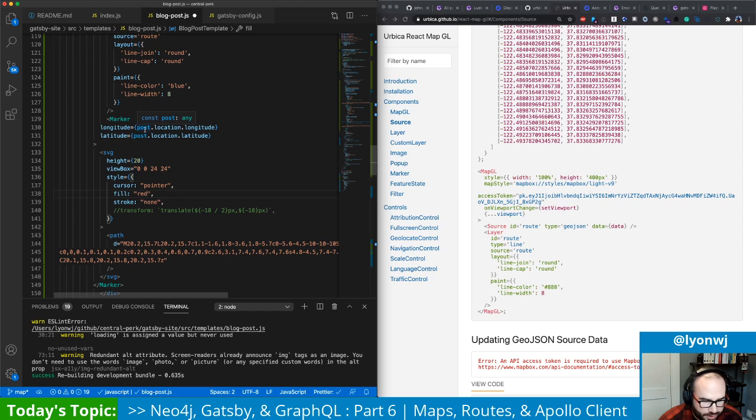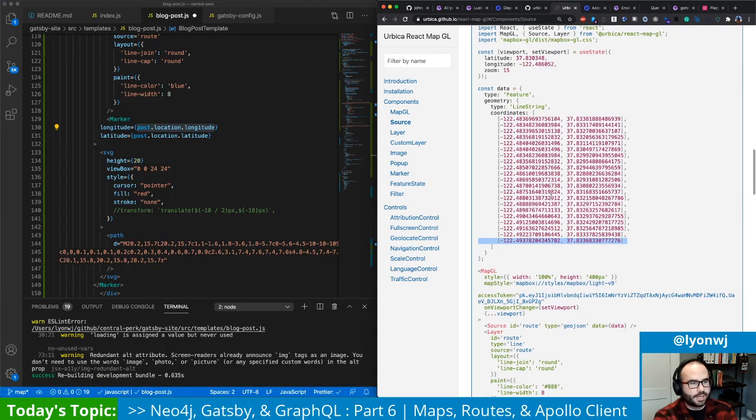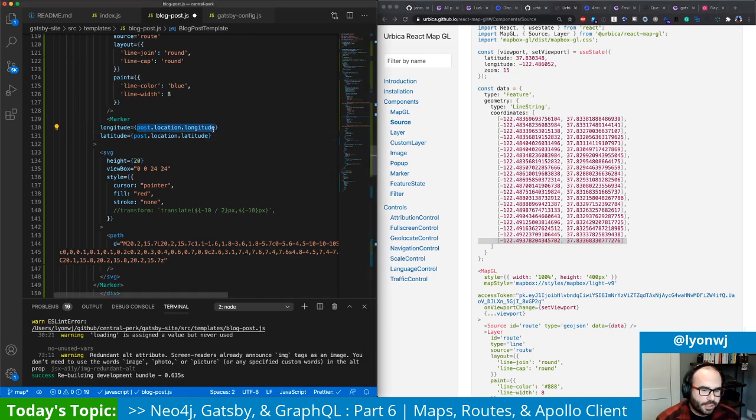And the latitude and longitude, instead of where the starting point is, which is the point of interest that we're showing for the detail page, we want the last element of this GeoJSON coordinates array. So the last latitude and longitude point. How do we get that? Well, that's going to be route GeoJSON dot geometry dot coordinates,